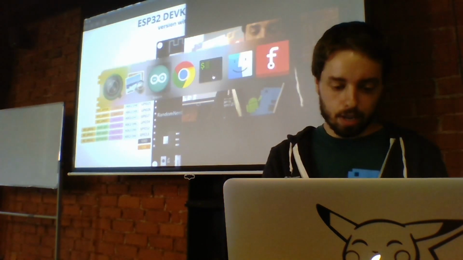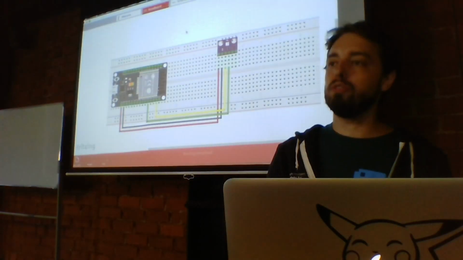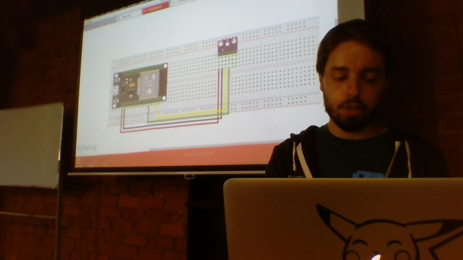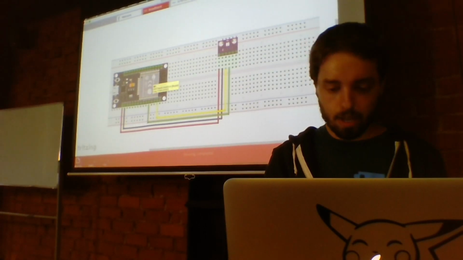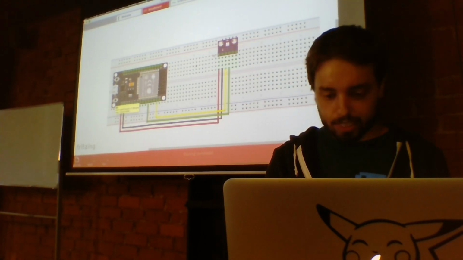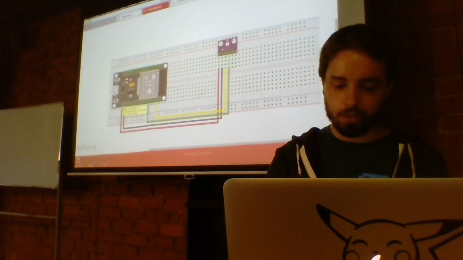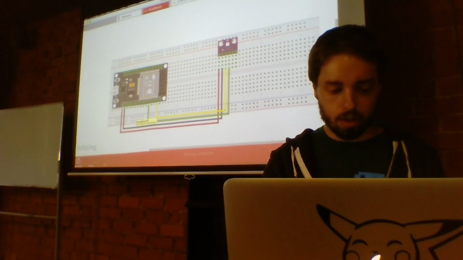But actually, you can use a tool called Fritzing. Fritzing is a tool to help you have sketches for your IoT platforms. So here you just drag and drop. I drag and drop my microcontroller platform here. I drag and dropped my BME280. And then you can see that the VCC line is connected to the 3.3 volt. The ground line is connected to GND.